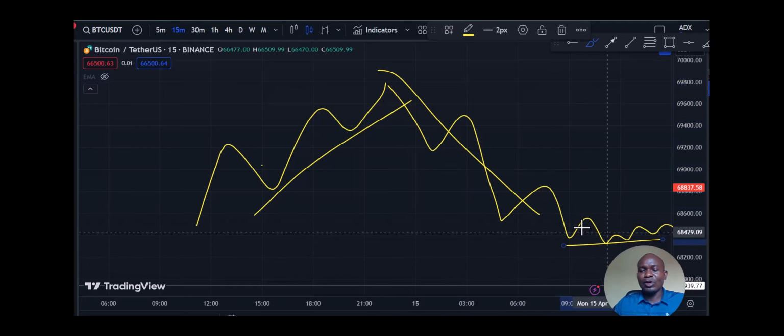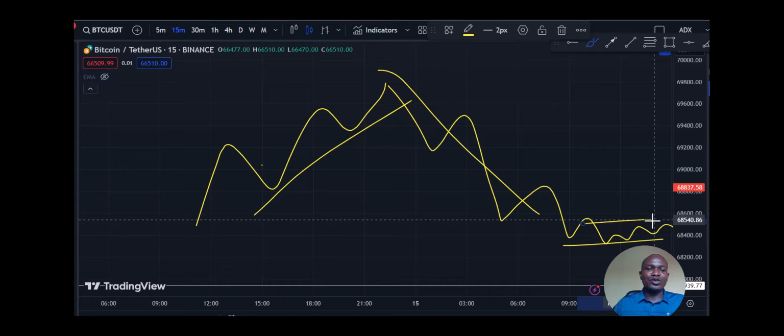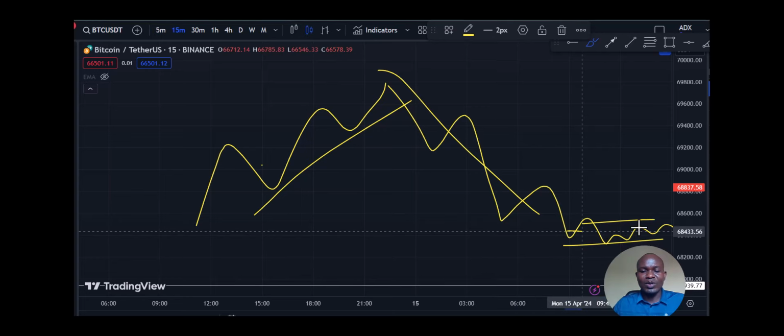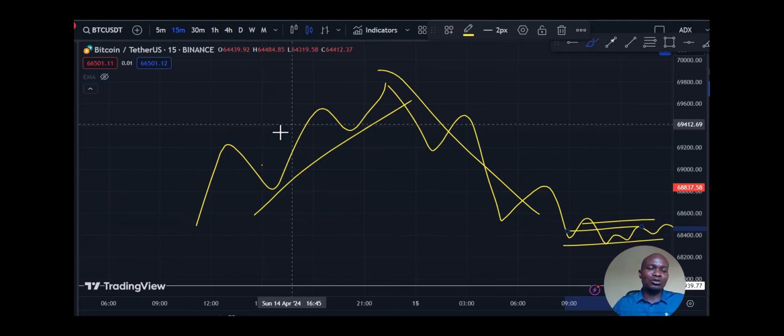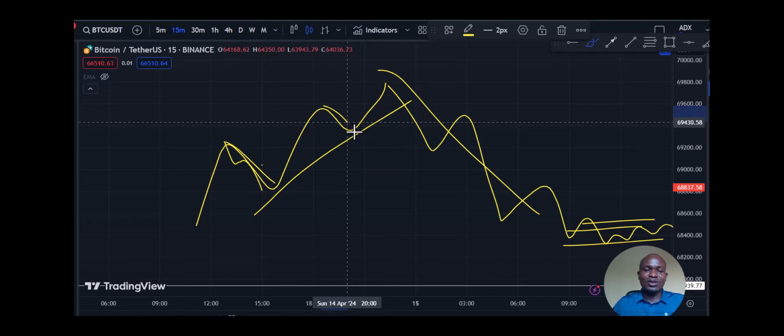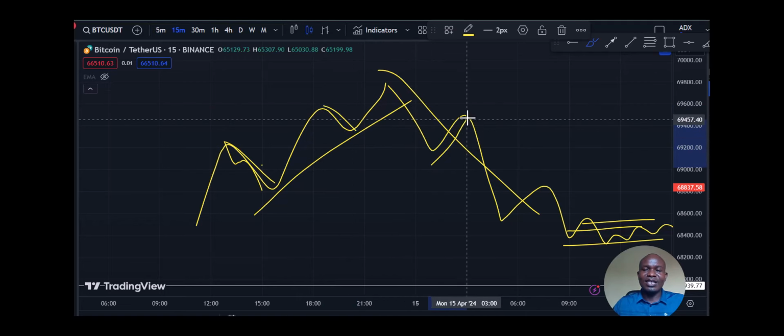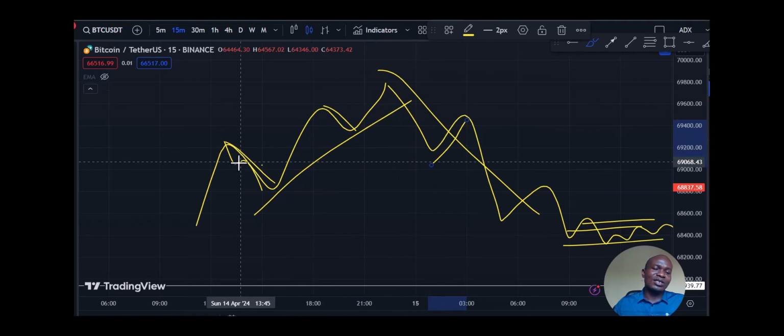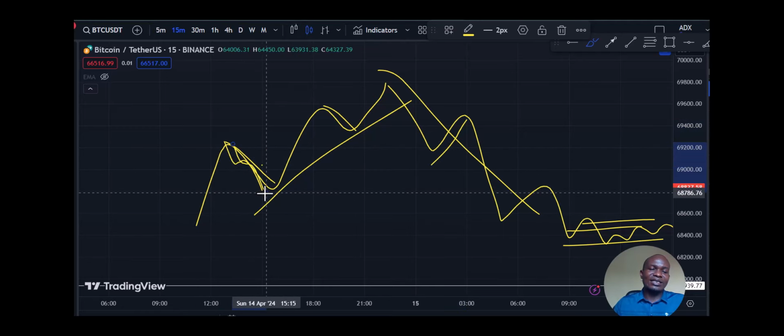And for the sideways, the consolidation to occur, most times the buyers and the sellers will be struggling over who will take over the market. And that is why you need to pay attention to what happens as the market moves sideways. Because even in the uptrend, there are negotiation times where the market is consolidating, even in a downtrend. So your ability to understand what happens here is when we take advantage of the breakout